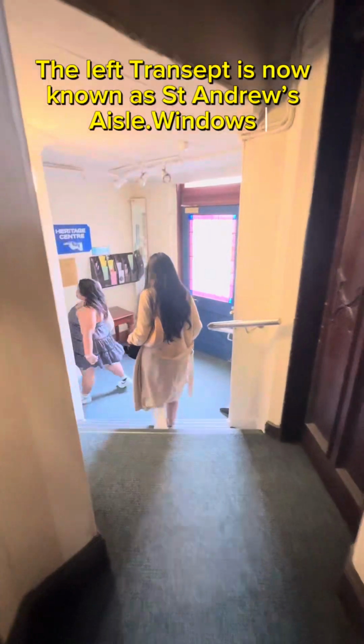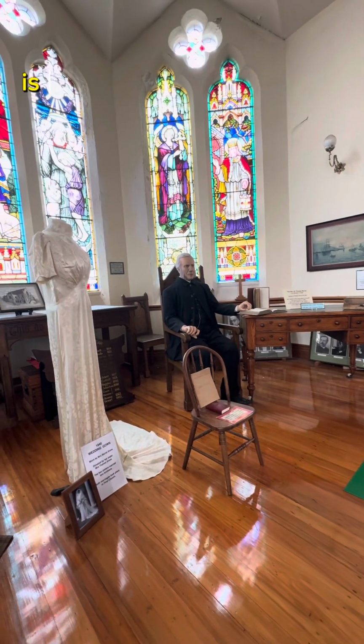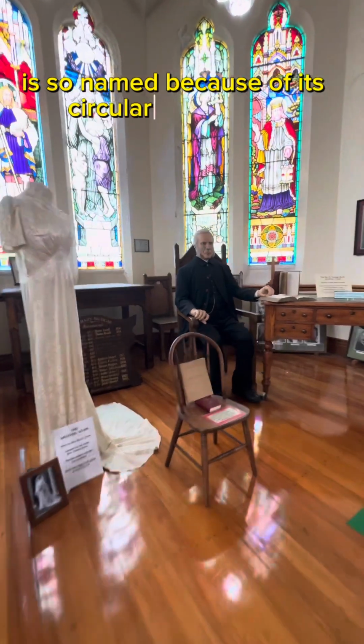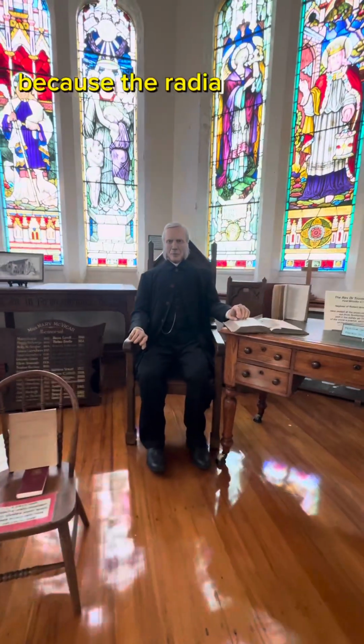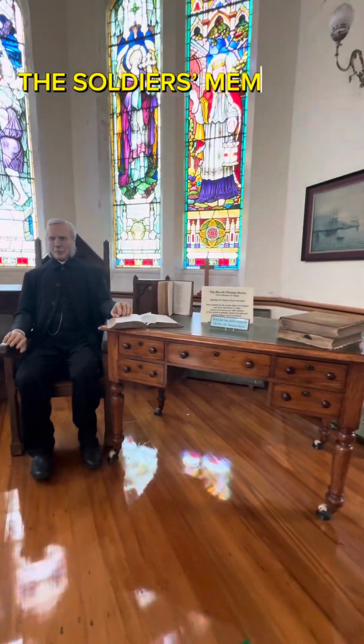Windows. The rose window high above the pulpit is so named because of its circular shape and because the radiating strips of lead resemble petals. The soldier's memorial window